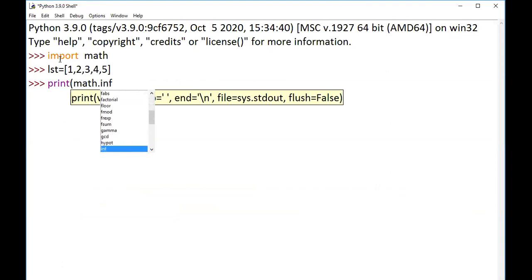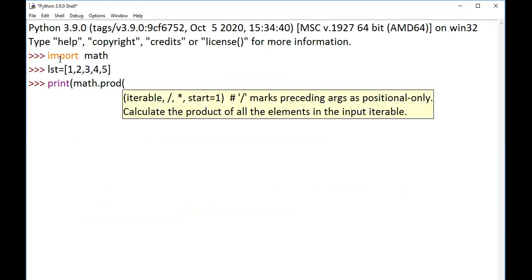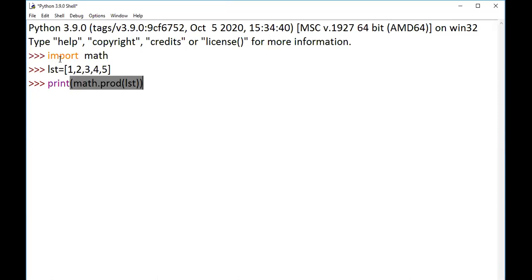If it is here, then it will be accepted. Product is available here. It is working. Clear? If you use product of a list, the entire list's elements will be multiplied. Yesterday we saw this: multiplication of all the numbers, 1 into 2 into 3 into 4 into 5. This can be done using a single statement called product.